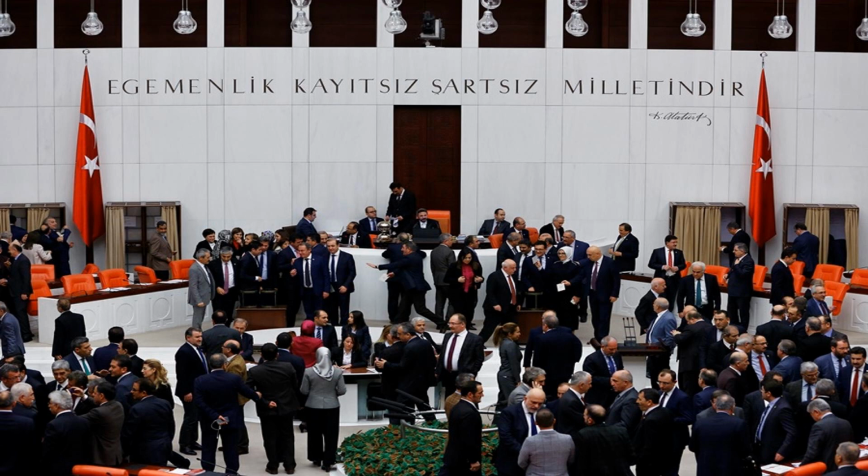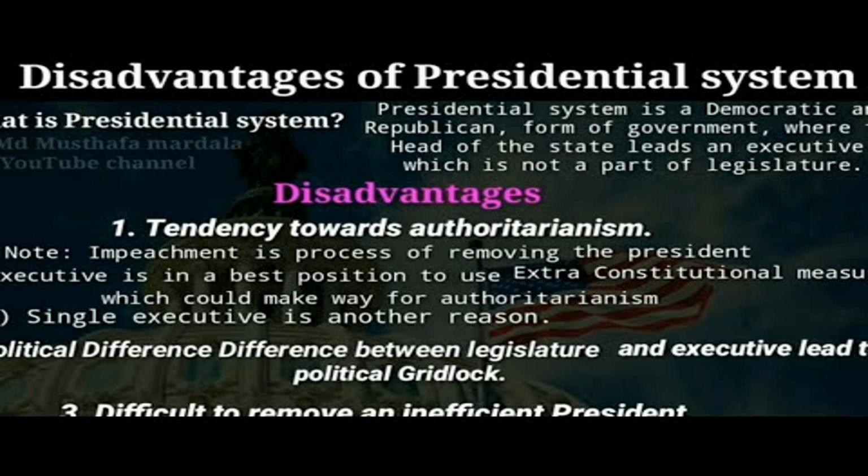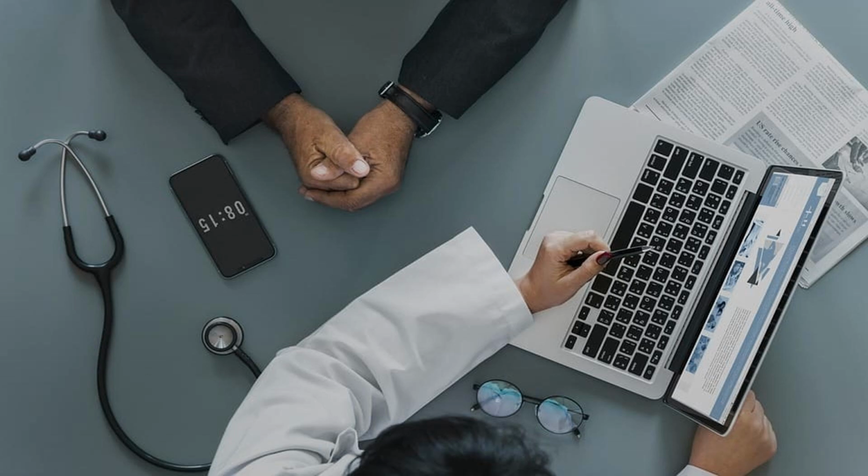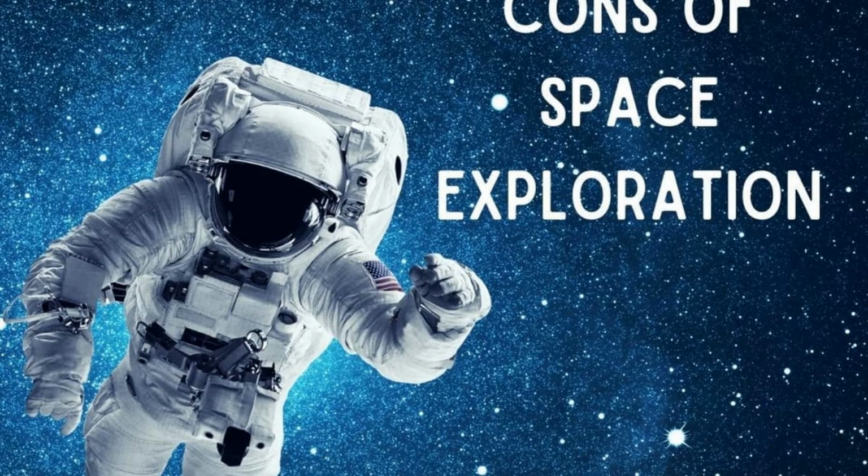In this section, let's discuss the advantages and limitations of presidential democracy. One of the major advantages of presidential democracy is the stability and continuity it offers. The fixed term of the president provides a sense of stability, as the executive branch is not subjected to frequent changes. Additionally, presidential democracy allows for a clear separation of powers, with the president serving as a strong and independent